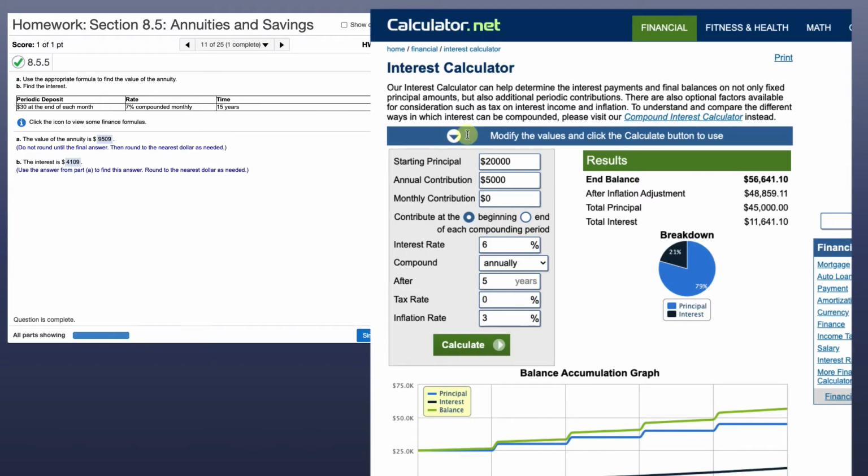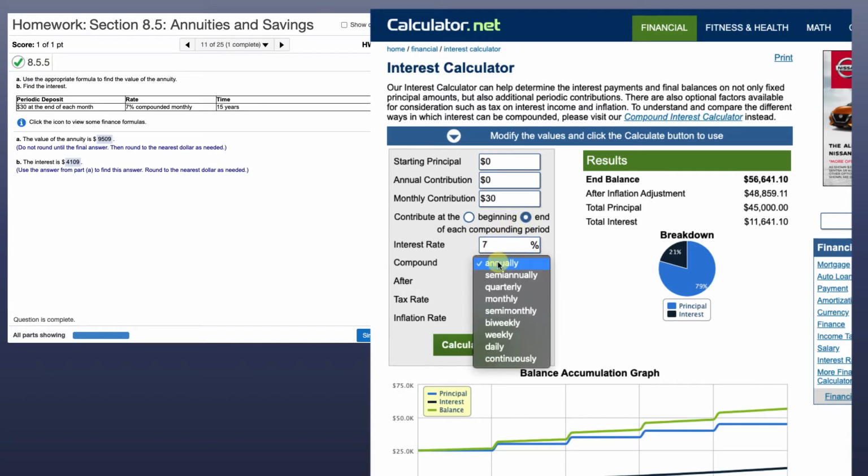So here we go. Starting principal, none. I started with nothing. Annual contribution, none, right? Monthly contribution, $30 a month. And now be careful. The way our textbook formulas work, we're contributing at the end of every month, at the end of every compounding period. So make sure you click end. 7% interest. And now here, I can change these. I'm going to change this to monthly and 15 years. And I'm going to put 0 tax rate, 0 inflation rate. We don't want to mess with that. So now if I just hit calculate,